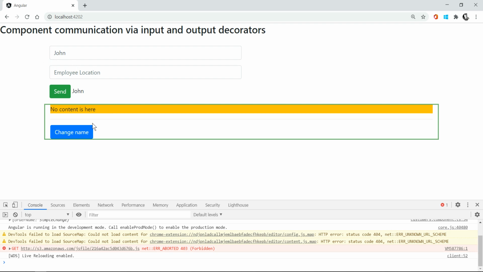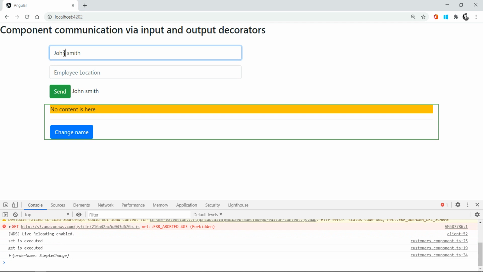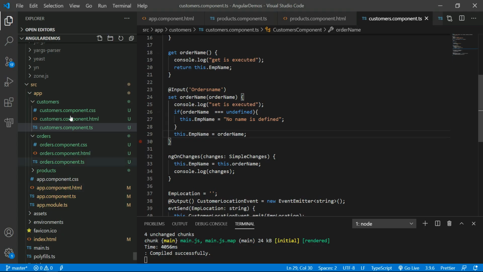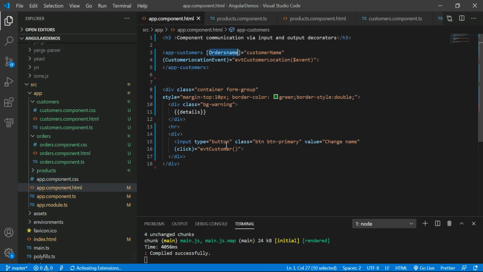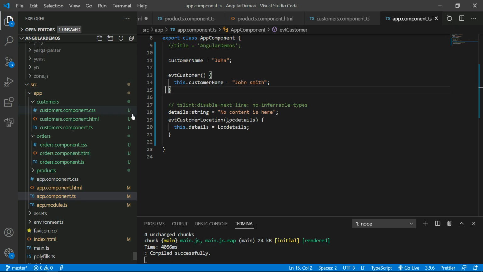That's the reason I am using the same input parameter. When I click change name here, again my value is getting changed. How is it possible? Again come to the app.component.ts file, because the change name button is available in the app.component.ts file. The same happens here.